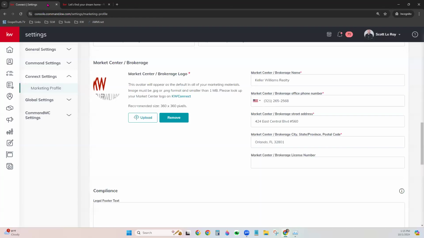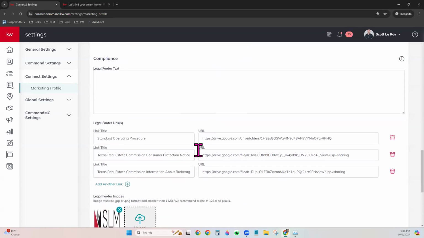Okay, so that way you have access to your logos and the KW logos. We'll go ahead and go back over here to our marketing profile, and you can upload that Market Center logo in this particular field. It also works best if it is a perfect square, okay? And down here,